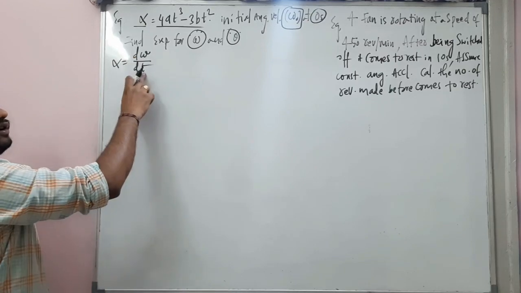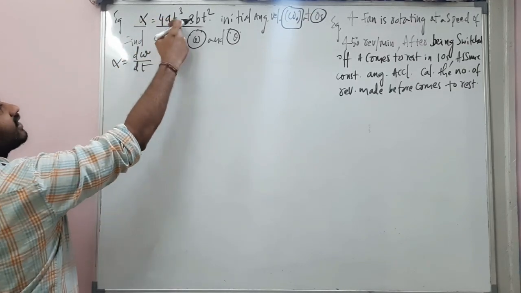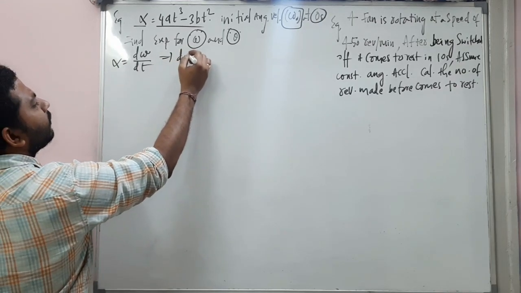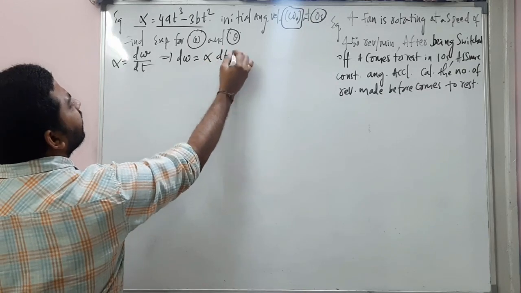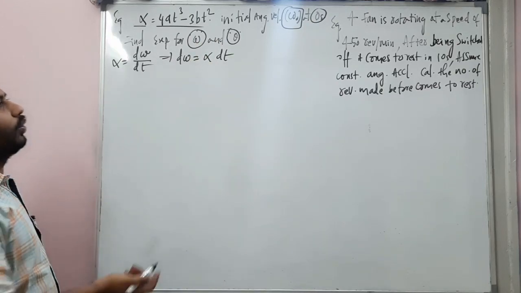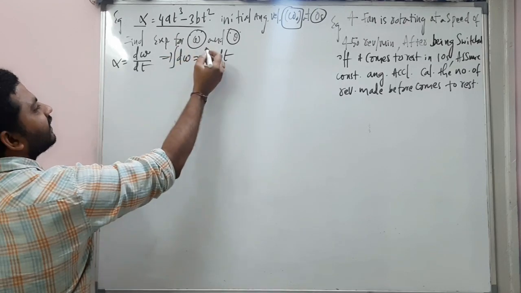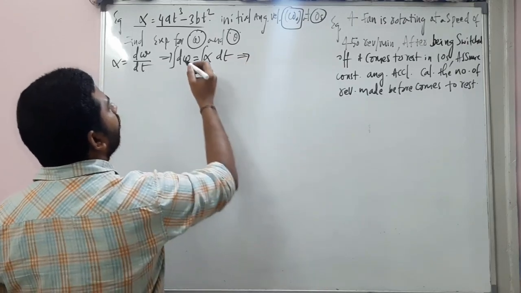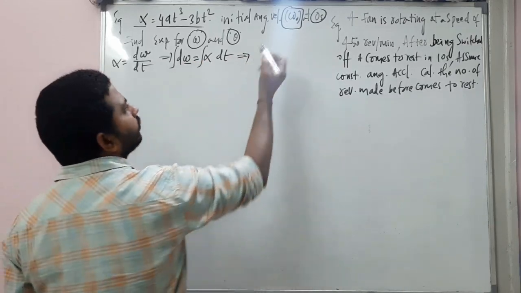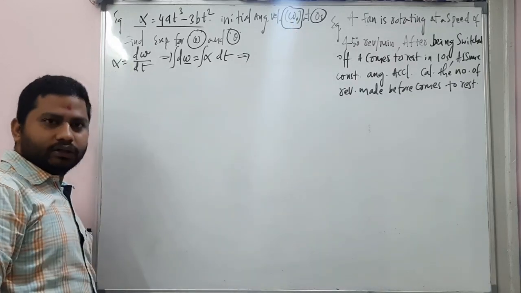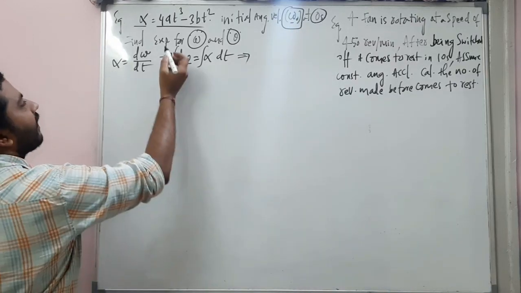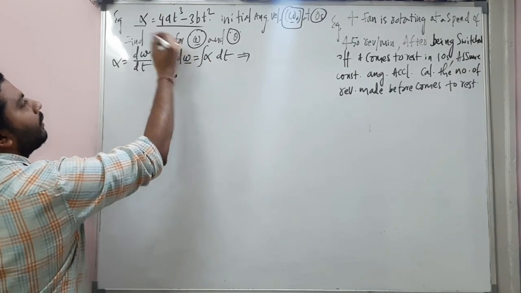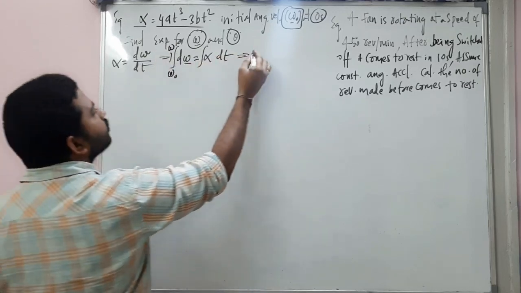Here omega is not a function of time given; alpha is a function of time. So how to find omega from here? d omega is equal to alpha dt. If you apply integration, both sides are integrated. Observe here, omega will have limits. Initially it's omega naught, finally it's omega because we need the omega expression. So the limits are omega naught to omega.